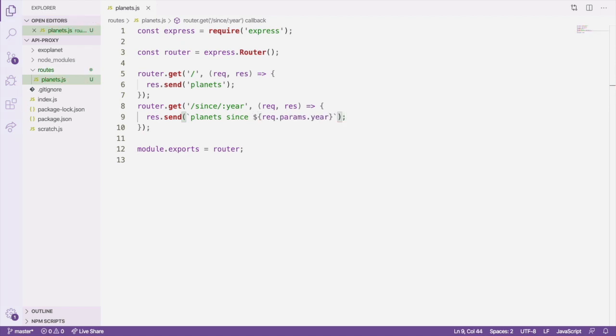We're leaving off the planets part of the route string because we will be mounting this router instance at the /planets path with the Express application. That means that any path this router defines will have /planets appended to it for us. Our second route is using a path parameter called year, which will be available as a parameter to our response